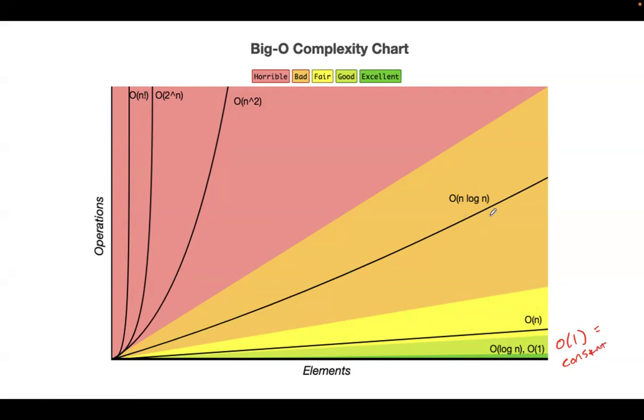O of n log n is, we're kind of getting where if we graph these functions, we can see this is the number of elements and this is the number of operations, or how many times we're doing this. And as these functions get bigger, like n squared is really bad, 2 to the n and n factorial are basically impossible. And I should have brought it in here, but there's a chart that says, actually, no, let me find that chart.